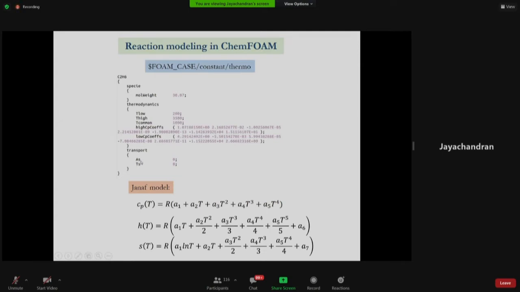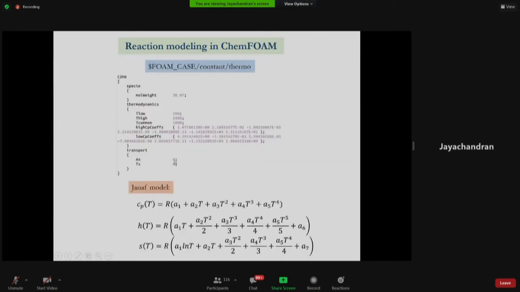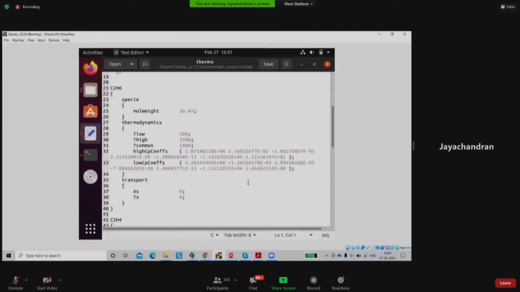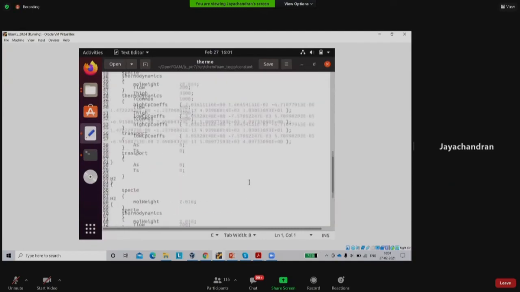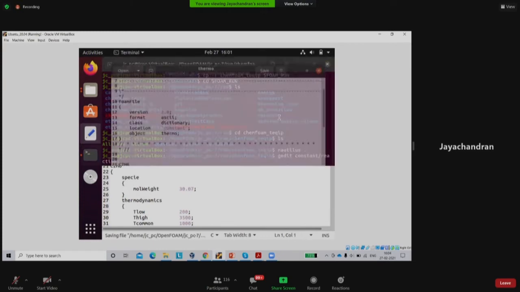And coming to the transport in the viscous model, we have seen that we are using a Sutherland model, but right now we don't have a fluid domain, right? We are solving it in a single cell. So we don't have to enter these values. It can be given 0 or any values you give does not affect because you don't have the fluid right now. This is just a chemistry validation software. So based on this, this particular file also, you don't have to edit anything. I have already edited this one. So you have to just save and close.